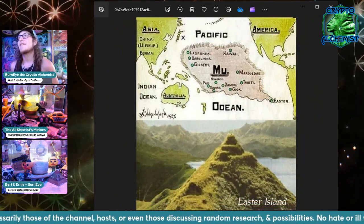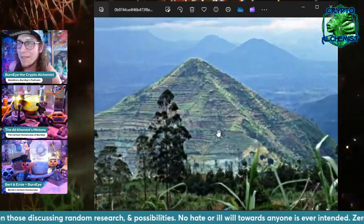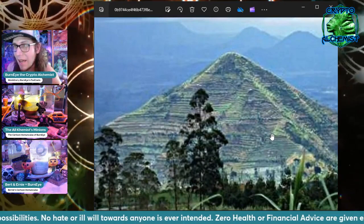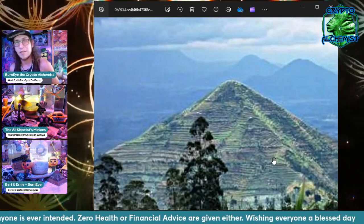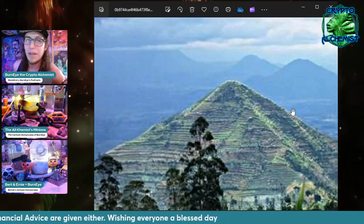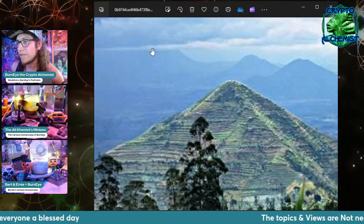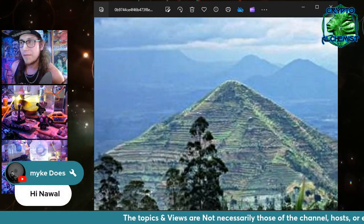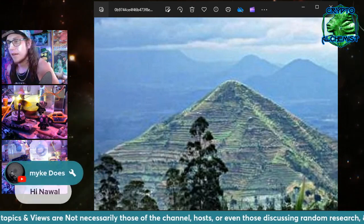And, well, there's lots of evidence. And part of Mu is also right here. This is in part of Indonesia here. And there are documented at least 100 different pyramids in Indonesia, the most famous being Gunung Padang. And it's now also being aged from the 24, I believe, to 36,000 year